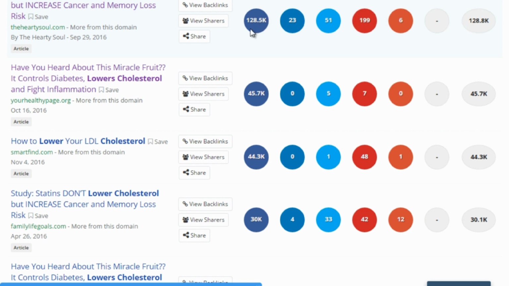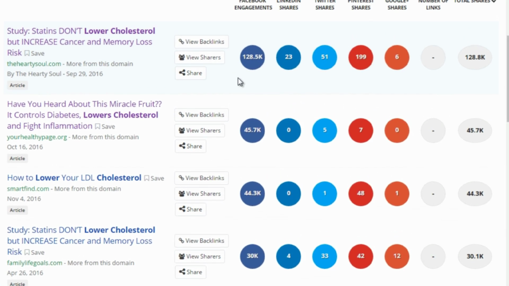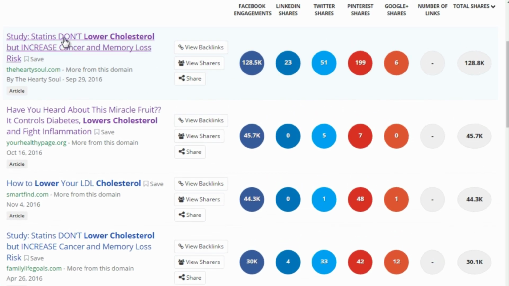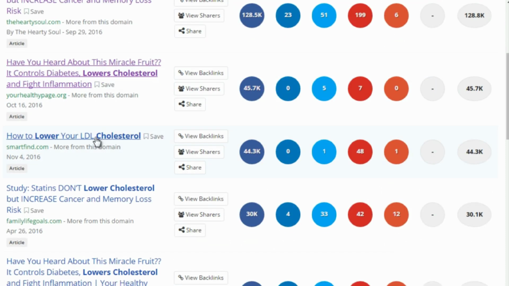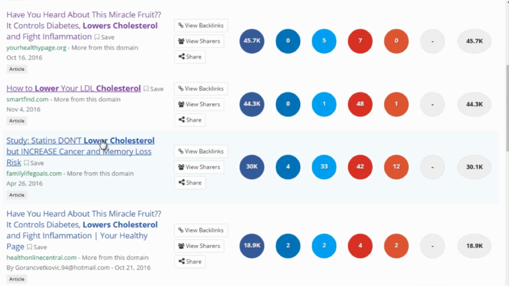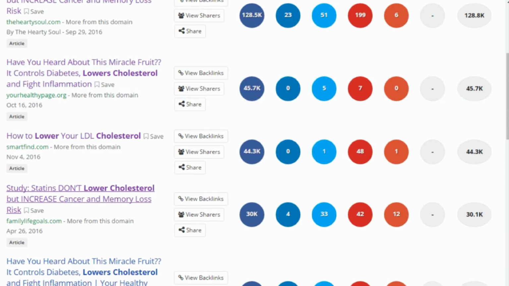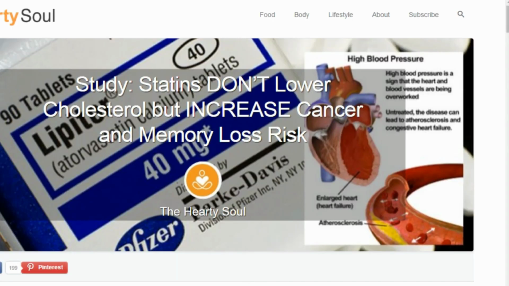So what I want you to do is just jot down what you see that they are doing that you could be doing. So let's just take a quick look at these sites and see what they're all about. And by doing so here, this is a good way to figure out topics as well, which we'll talk about later on. But let's just take a look at the sites and see what they are doing.